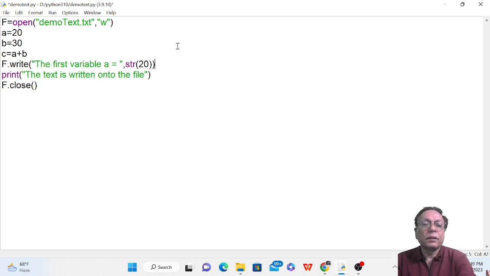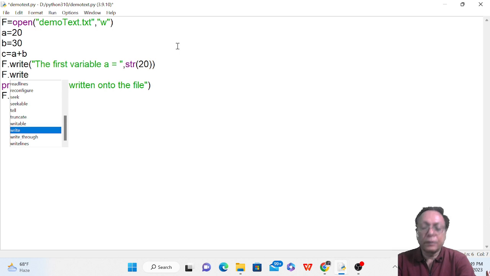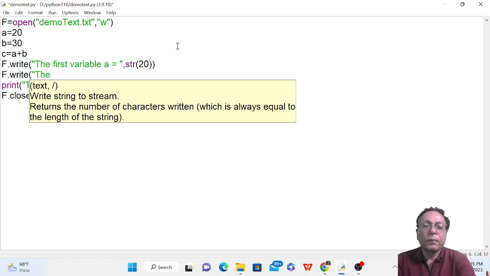So this is written. In the same way I can write the next one, write the second variable is b and its value is, comma, str b,